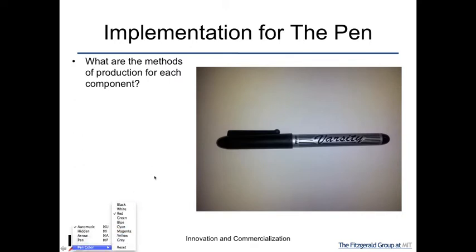Same thing as before, what are the methods for production of each component? In market and technology, we started off with, what's a potential market application, what's a potential technology in the pen. And here with implementation, we start with, for all the components that you see here in the pen, what are the basic methods? For example, is it an injection molded cap? I assume it is, because I already have other knowledge in this area,